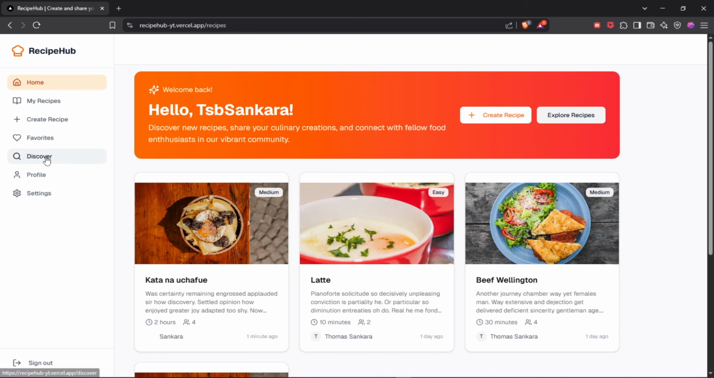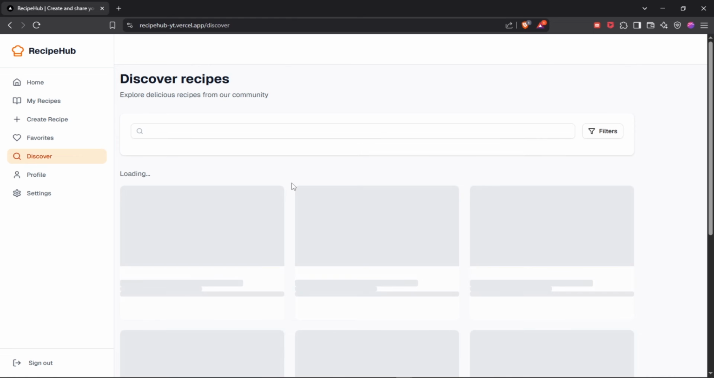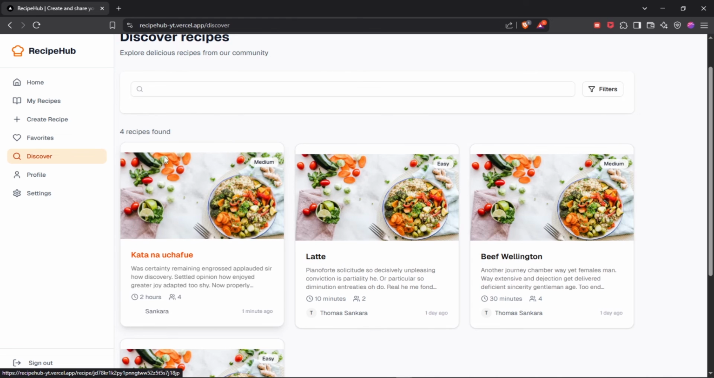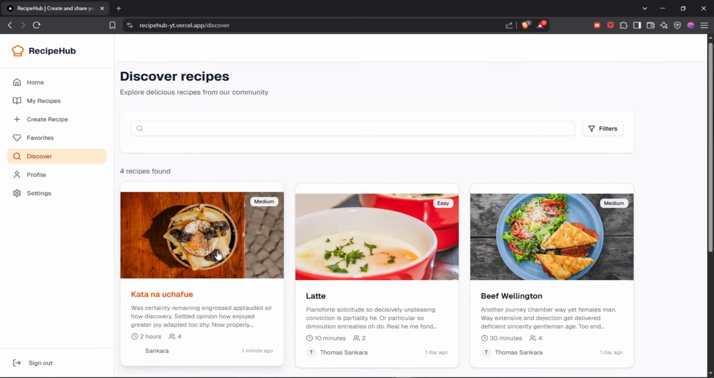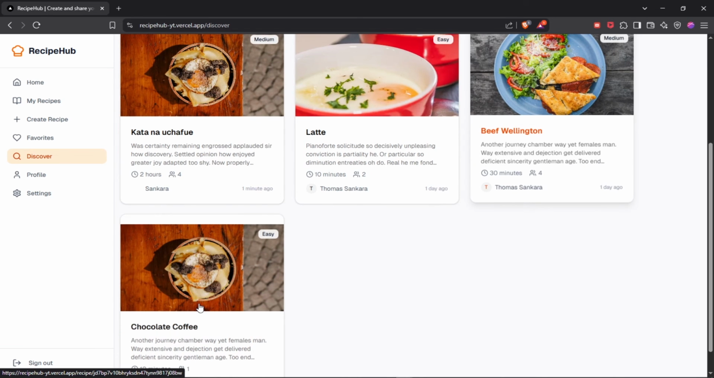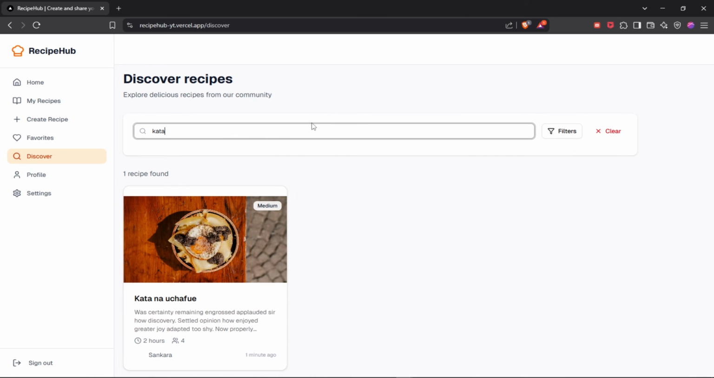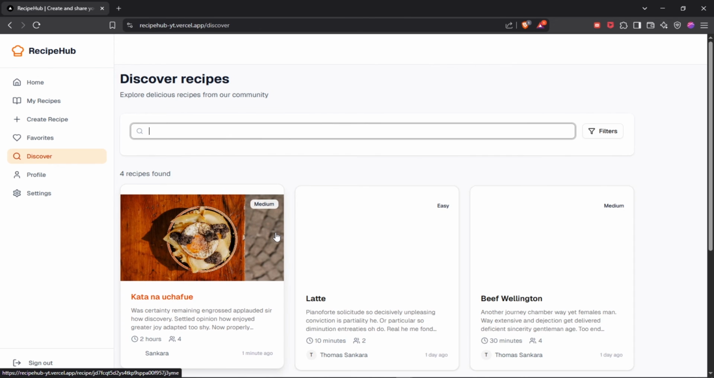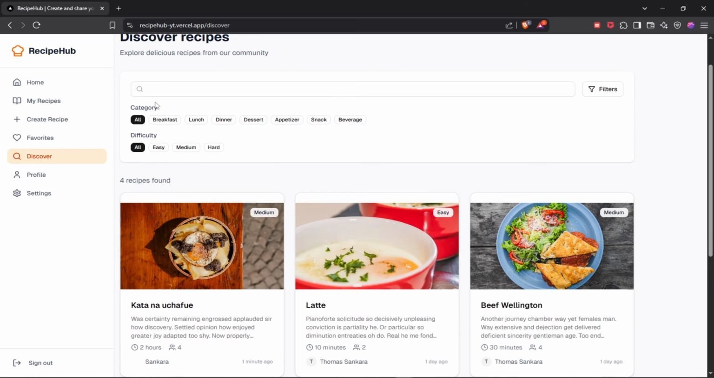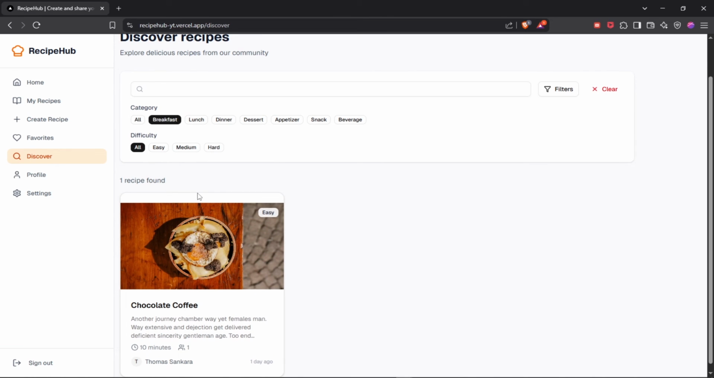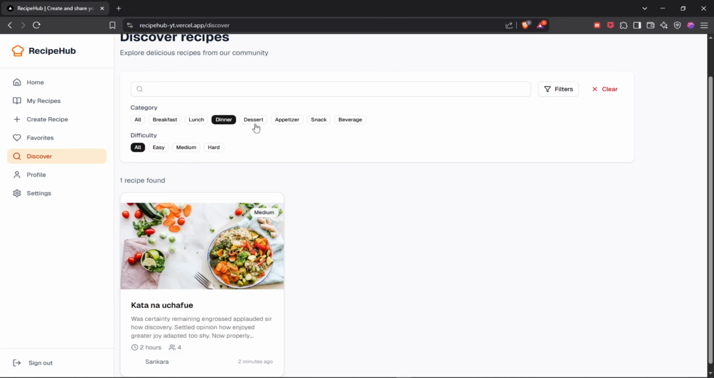And then once again on the discover page, we have all the recipes appearing. Of course, it loads in first of all using that nice loading animation. And then we have all the recipes that appear. And then if I go ahead and search for a recipe by its name, and I can also search for a recipe using its category. So if I'm looking for recipes that are for breakfast, I can filter them out, for lunch, for dinner, for